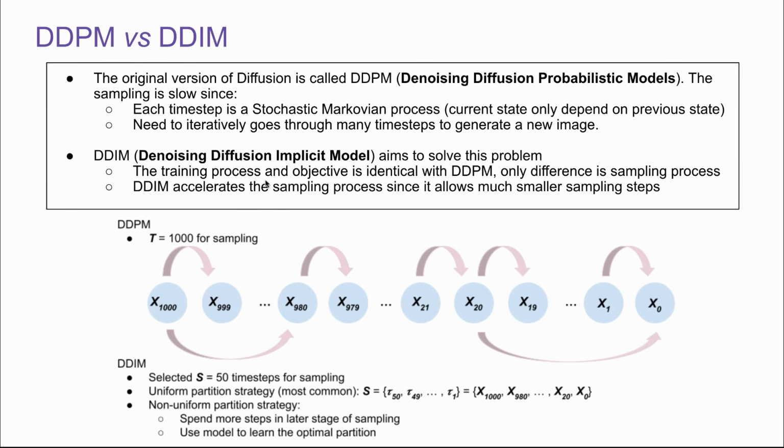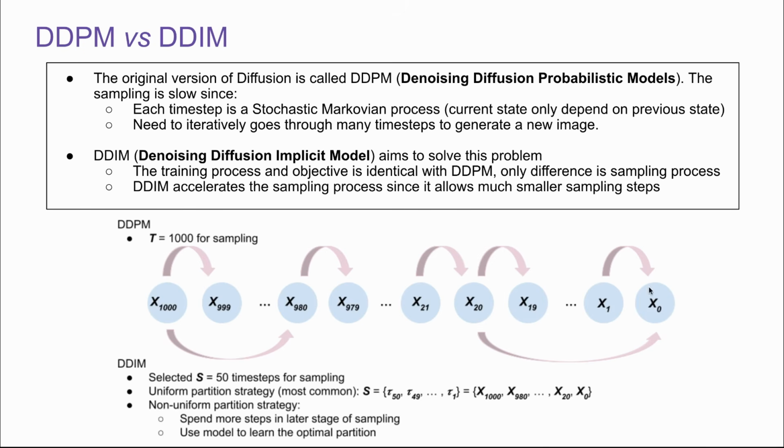The training process and objective is identical with DDPM. The only difference lies within the sampling process. DDIM accelerates the sampling process since it allows much smaller sampling steps. Let's compare DDPM and DDIM. For DDPM, it's using 1000 steps for sampling. DDPM won't be able to skip any of the steps, so it needs to go one step by one step